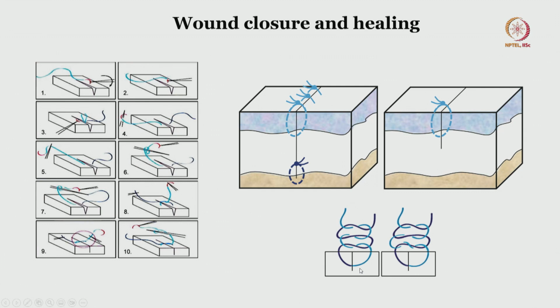If there is a bleeder within the muscle, you can take 2 or 3 throws using the needle holder, as you can see here. Make a loop using the needle holder and then you pull the tip inside it, so that 1 throw goes on top of it, and similarly you repeat the same step, putting another 2-3 throws, and then make a final knot. Alright. So this again requires